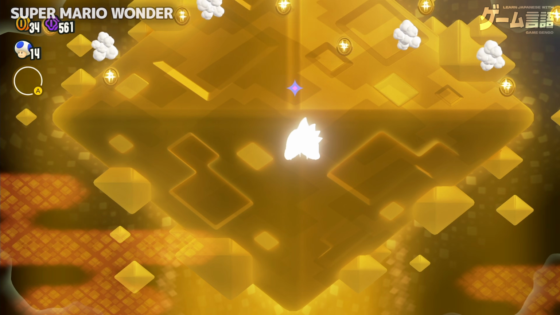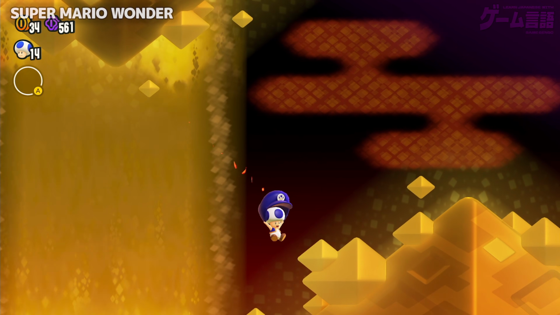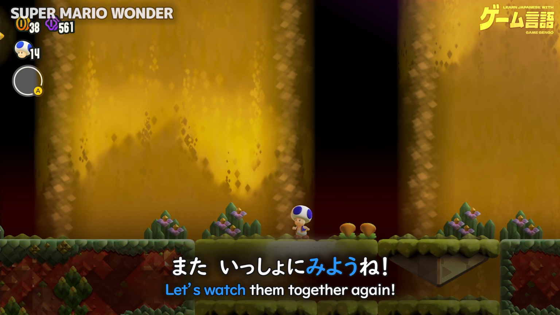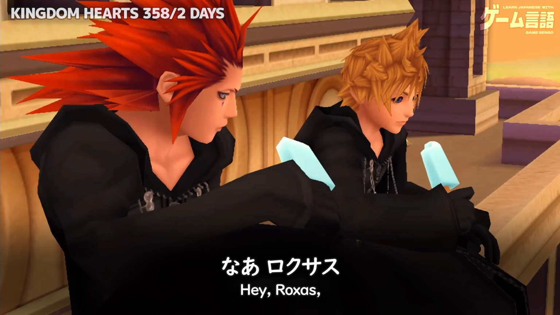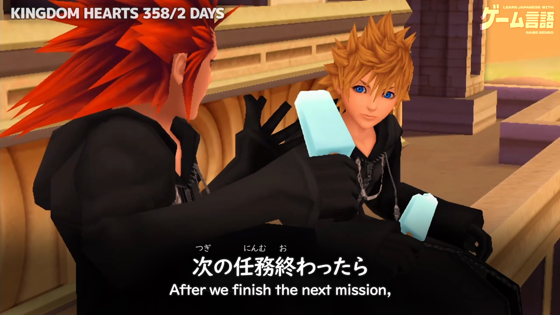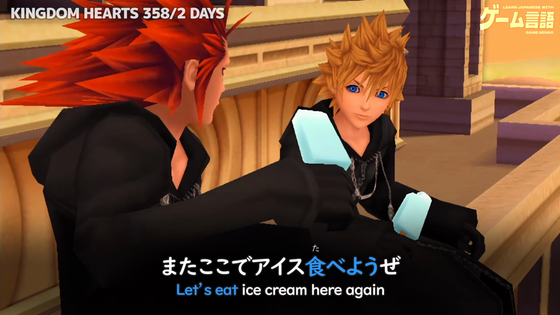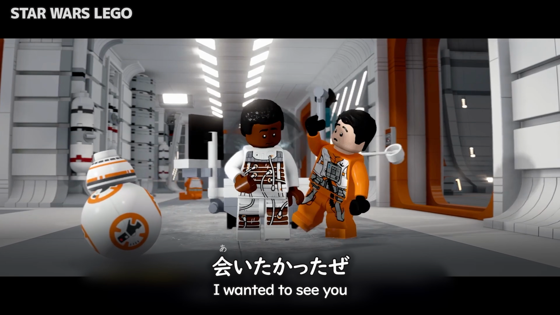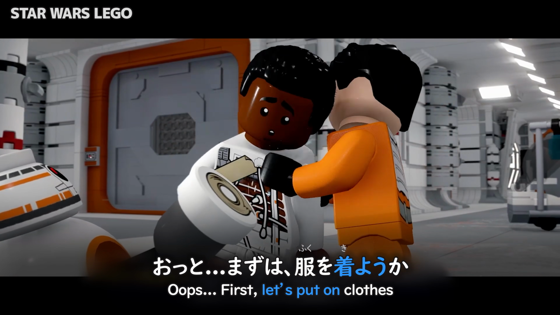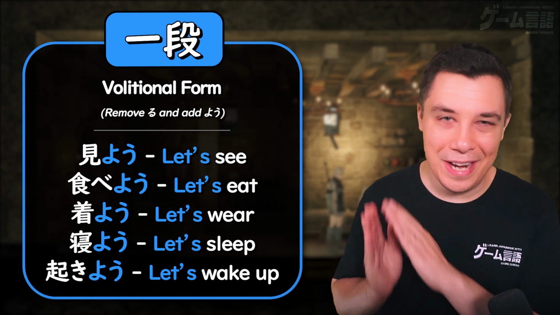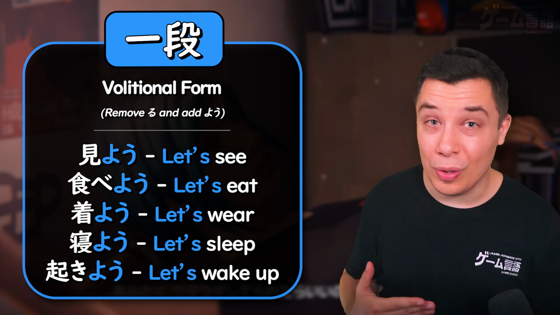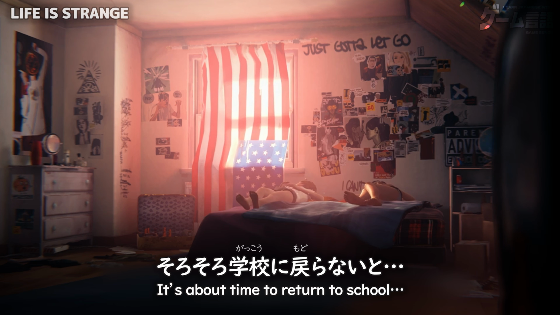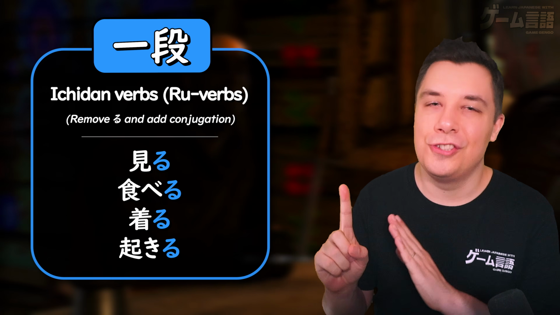For the volitional form, all you need to do is drop the ru and add yo. Miru, miyo. 花火綺麗だったね。また一緒に見ようね。 Taberu, tabeyo. なあ、ロクサス。次の任務終わったら、またここでアイス食べようぜ。 Kiru, kiyo. 会いたかったぜ。まずは服を着ようか。 Neru, neyo. さあ、体に触るから早く寝よう。 Okiru, okiyo. 起きようか。そろそろ学校に戻らないと。